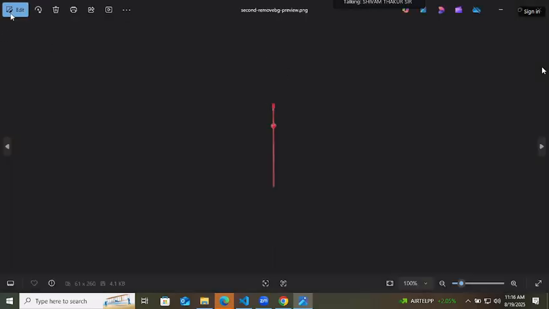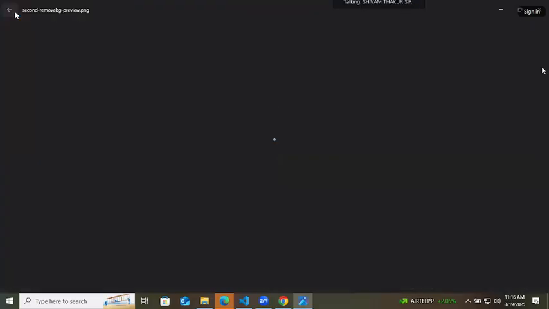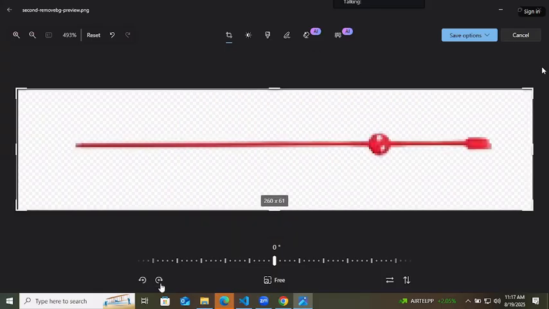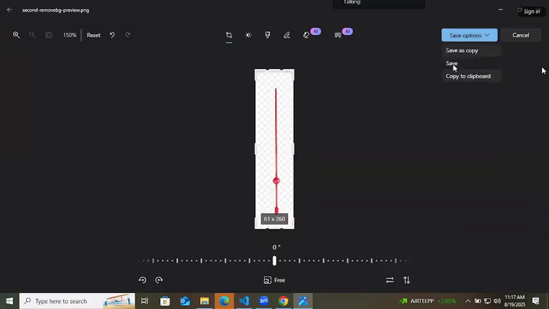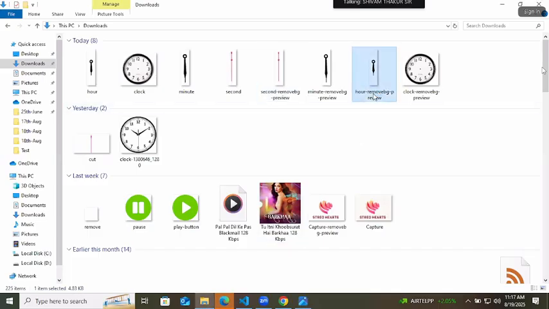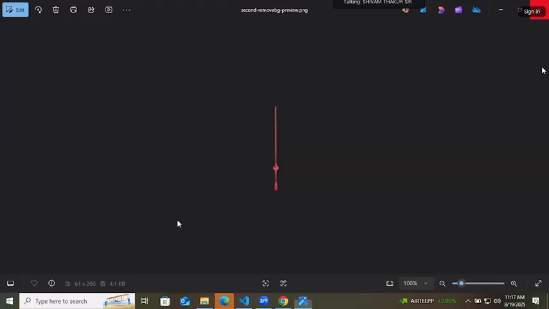Edit. This is our hand, but after editing, okay, no problem.